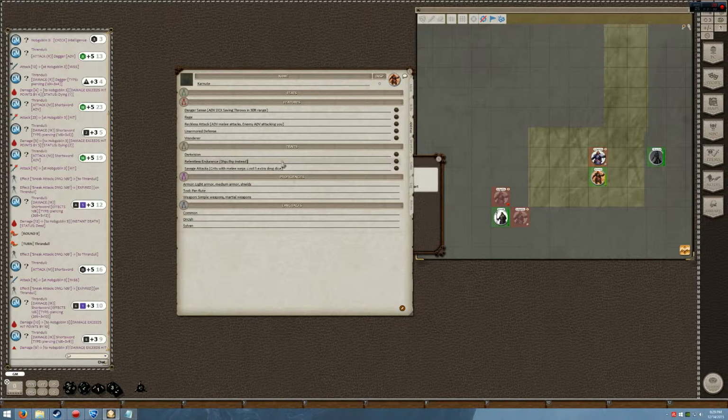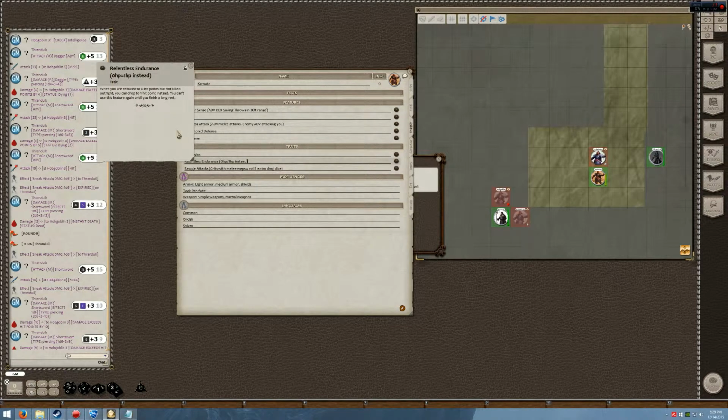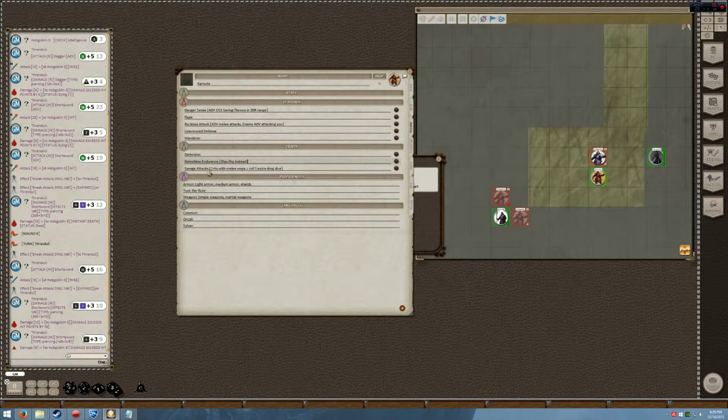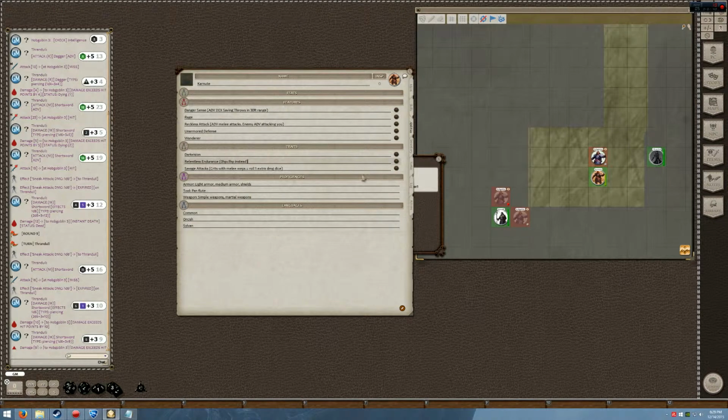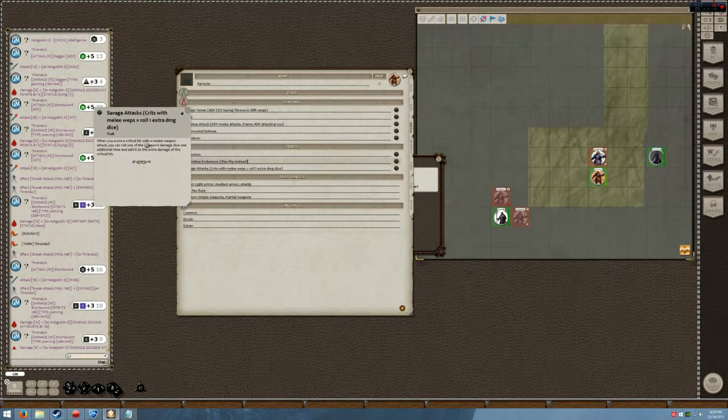Whenever you would die, you go to 1 HP instead, and this goes away until you finish a long rest. You get to use it again when you finish a long rest. Savage attacks: when you score a critical hit with a melee weapon, you can roll one of the weapon's damage dice one additional time and add it to the extra damage of the critical hit. Okay, so